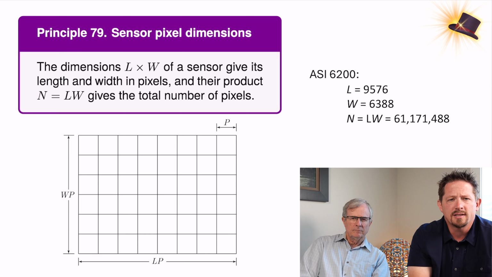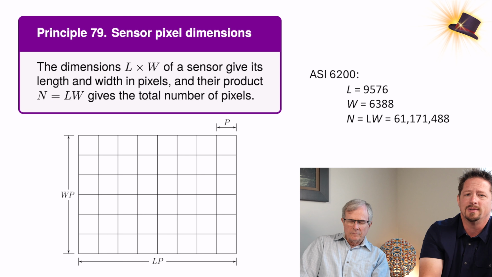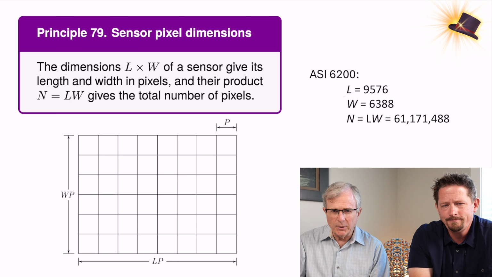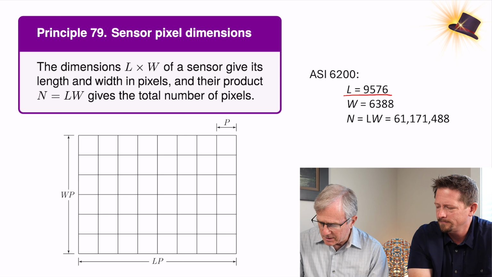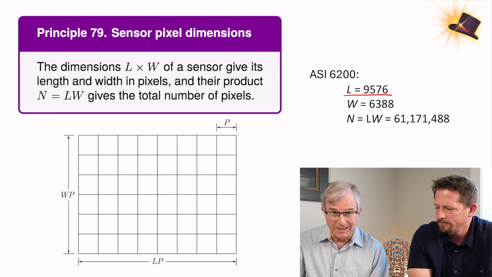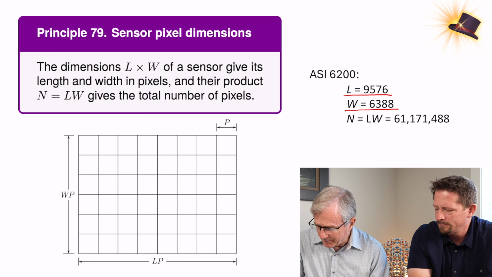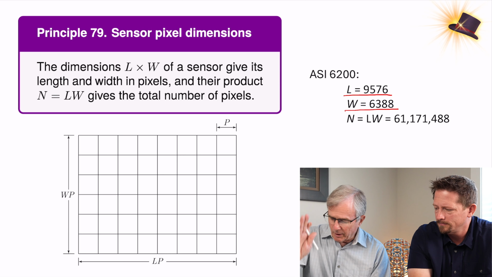Principle 79, sensor pixel dimensions. The dimensions of a sensor give its length and width in pixels, and their product, N equals length times width, gives the total number of pixels. So for our camera, you can do the same with your camera. The number of pixels in the horizontal direction is 9,576. It's a full frame camera. And in the vertical direction is